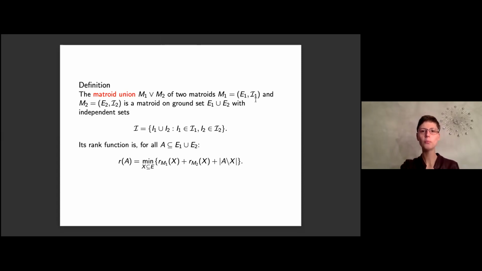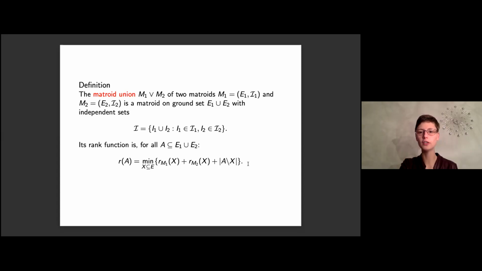The union of 2 matroids is a matroid on a ground set that is the union of the 2 ground sets. They don't necessarily have to be disjoint. And the independent sets are all the unions of independent sets where one is in the first matroid and the other is in the second. Well, I write it in terms of independence. And this is actually the first time independence comes up, because it's not a very useful thing to do for q-matroids, but I think it's a very nice definition for a matroid union in the classical case,